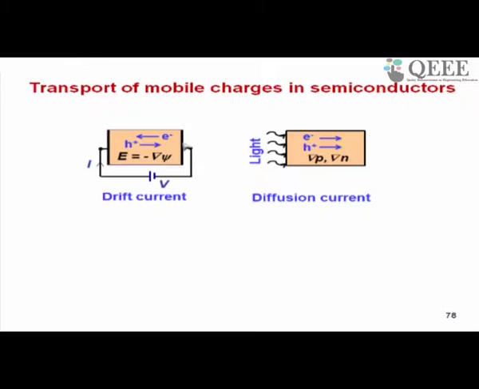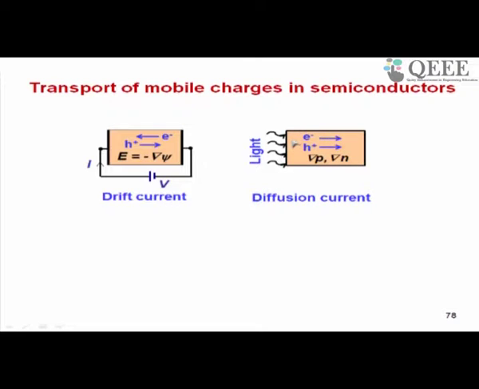Another mechanism you have is diffusion. Supposing you shine light on a semiconductor and at one end electron hole pairs are created which are over and above the equilibrium value, because light creates additional electron hole pairs as compared to thermal energy. So now you will have hole and electron concentrations increasing at the surface as compared to inside the bulk. In other words, you are setting up gradient of P and gradient of N. Gradient of P means hole concentration gradient, and gradient of N means electron concentration gradient. Electrons and holes are more on the left hand face than on the right hand side.